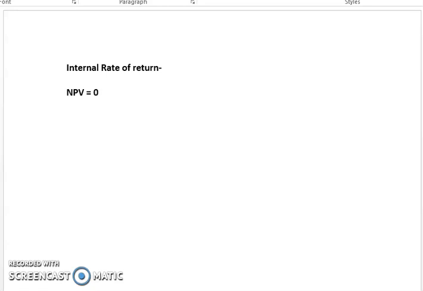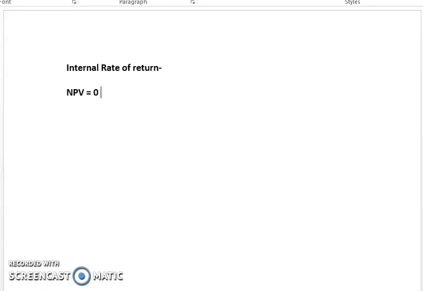So why do we call it specifically the internal rate of return? Because it mainly depends on the outlay and the process associated with the project, not on a rate determined outside the investment. It is also known as the marginal rate of return, and it is always a time-adjusted value, because we are using the time value method. We discount the value and then we get the true value of the money in the future.